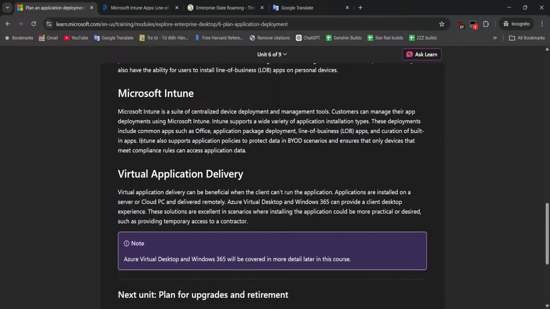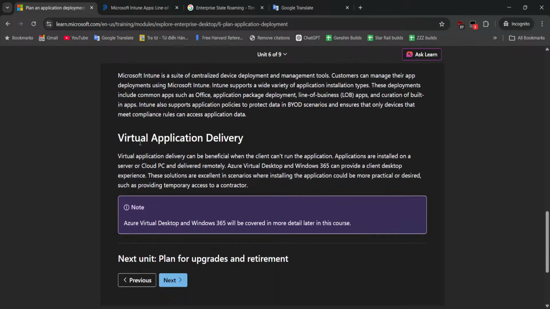Intune also supports application policies to protect data in BYOD scenarios and ensures that only devices that meet compliance rules can access application data. Well,